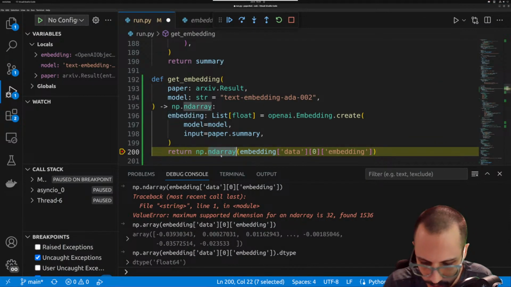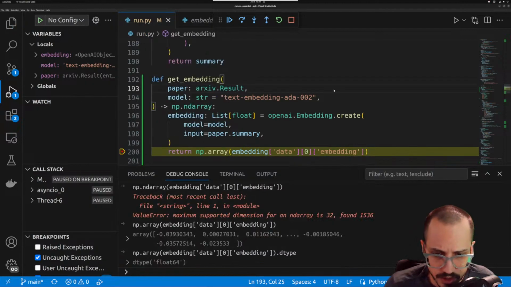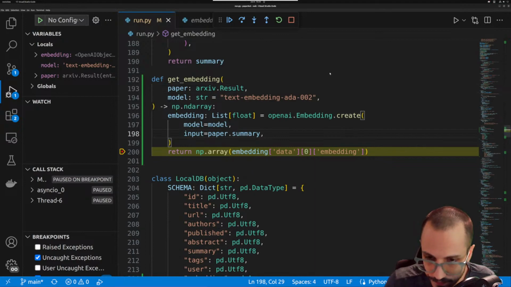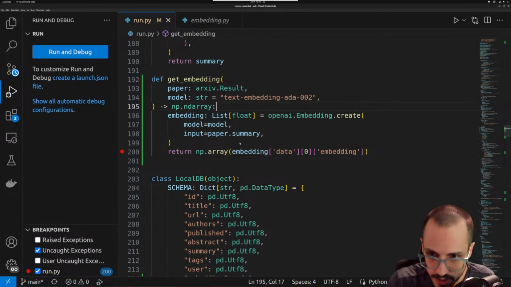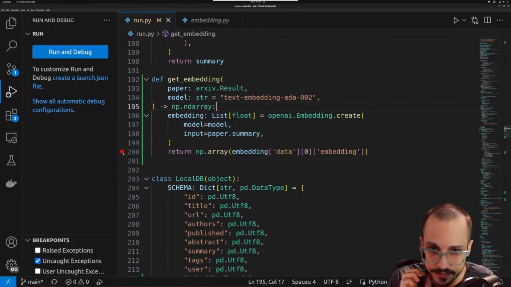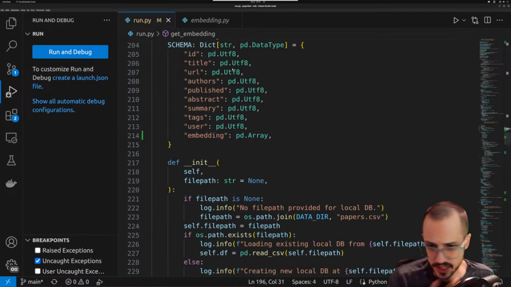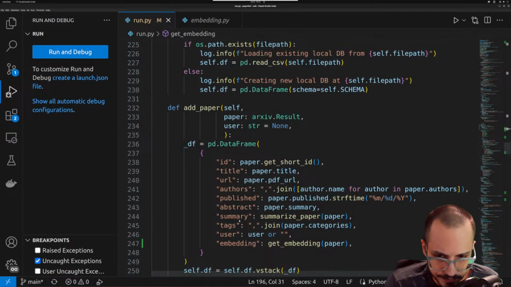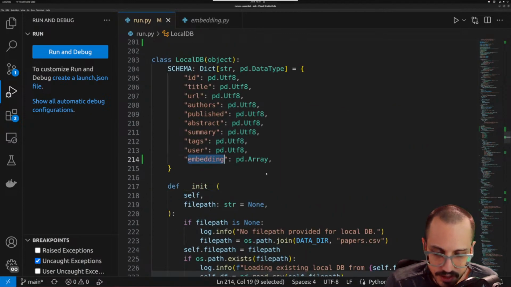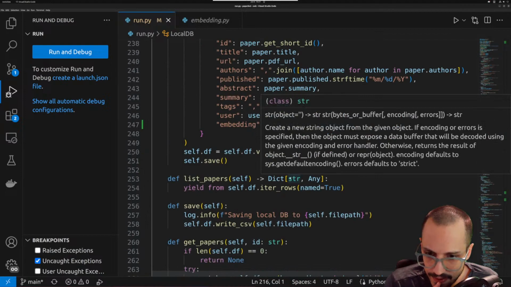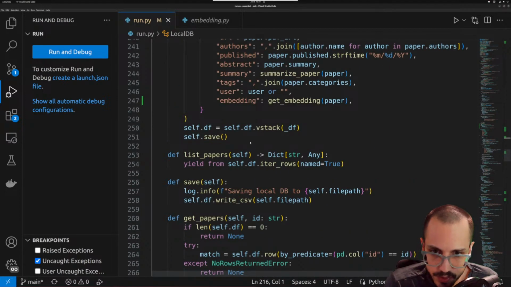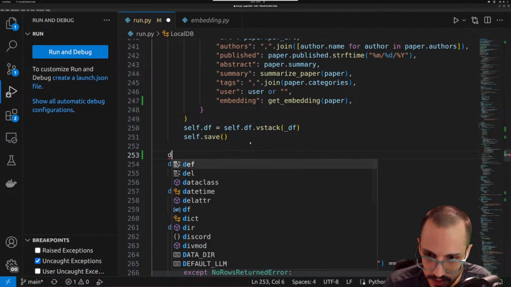Okay, np.array of embedding data 0 embeddings. Okay, so that works fine. Now we have our little embedding here. It's getting stored inside our little database. And now we should be able to basically say,